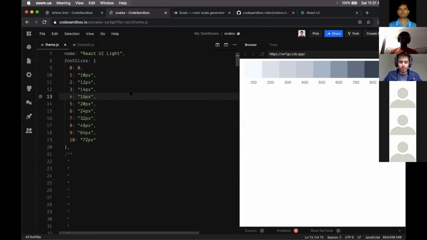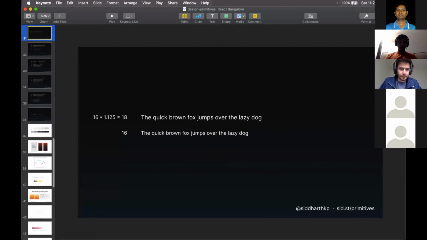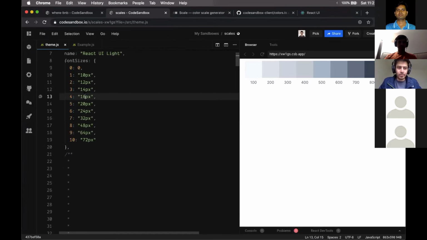And if you can't really see well, which will happen to all of us with age, you can bump up the font size, right? So I'm not saying control plus, control minus, you can also change the default font size of the browser. So when you look at font scale, you kind of have to pick your default. For example, when I talked about the scale, I picked 16 pixels as the default, and then I'm going up and down. What you can do with the browser is change this default. So when you change this to 18 or 20, then your scale also gets multiplied by that, right? So that's why